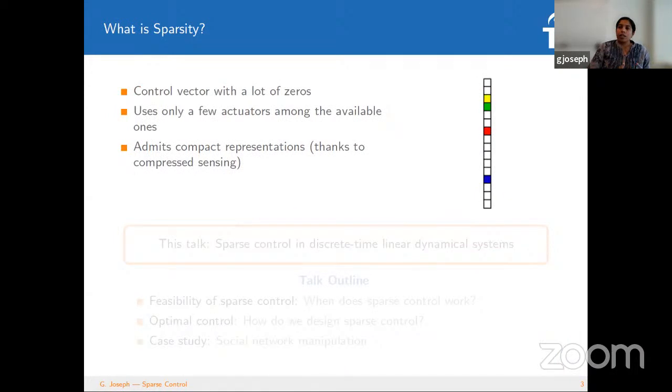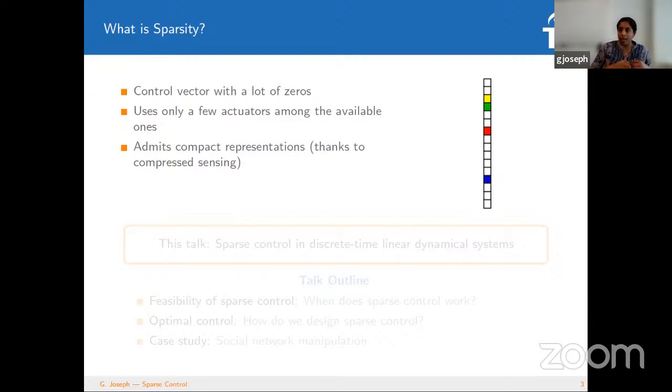So sparse control, if you're looking at sparse control, it's all about a control vector with a lot of zeros. So your control vector at any time will be a big long vector, and most of the entries will be zeros, which immediately implies that we use only a few of the actuators among all the available ones. So it'd be a large network with a lot of actuators, but we only try to tune a few of them at a time. And the good part is if you have a sparse control, it also admits compact representations because